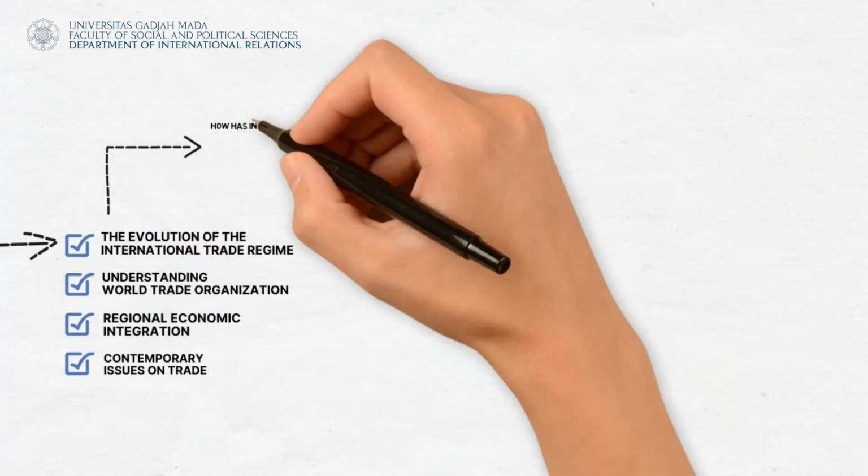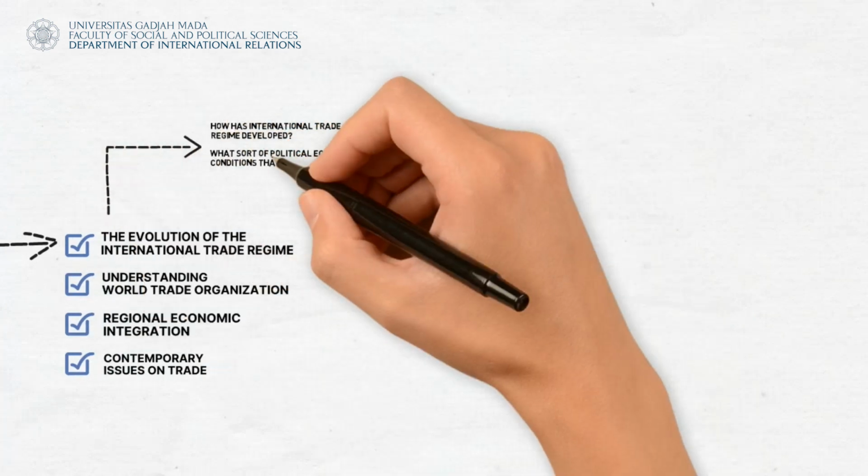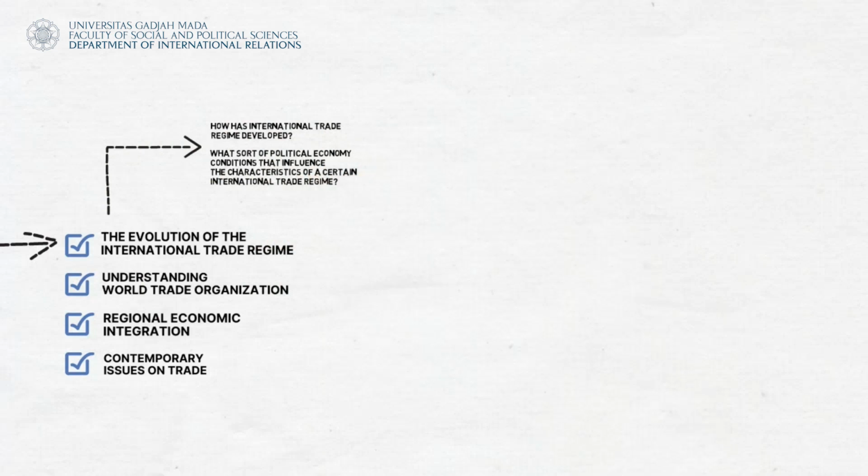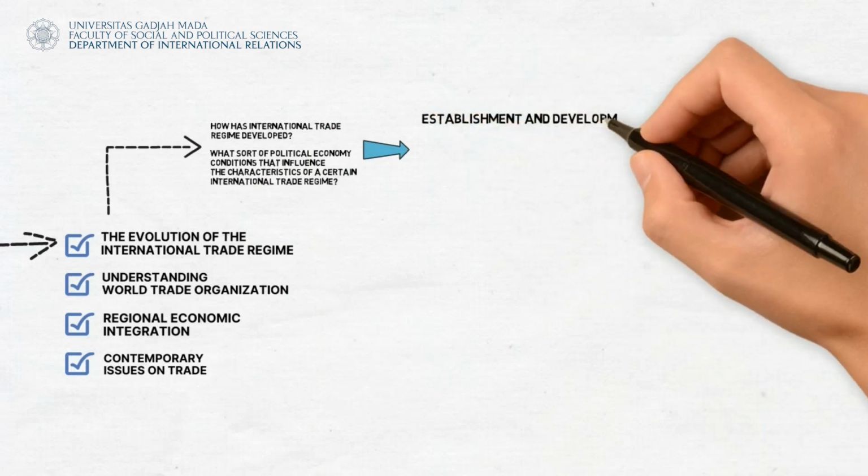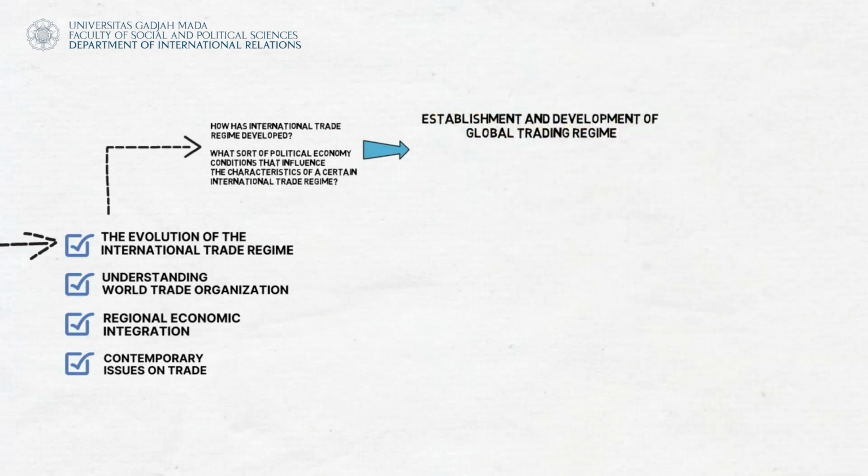How has international trade regime developed? What sort of political economic conditions influence the characteristics of certain international trade regime? In answering those questions, it will be discussed the establishment and development of global trading regime, particularly in the post-World War II. It will explore political economic context during the trade negotiations, including under the so-called General Agreements on Tariff